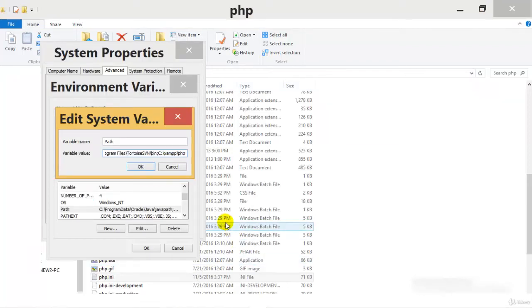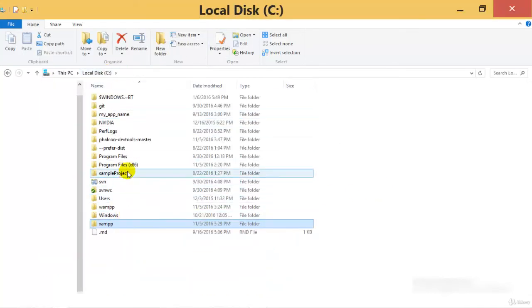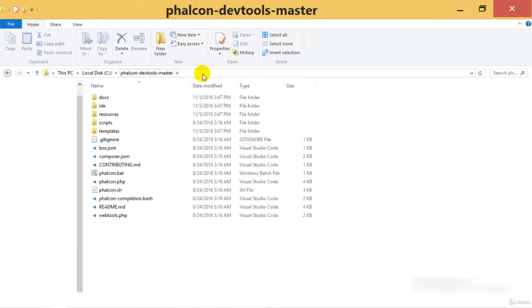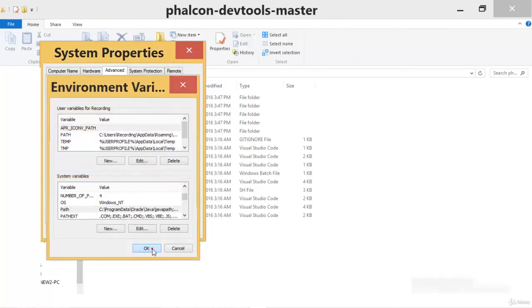Just add it. And another thing is adding the path for DevTools master, that is PHP Falcon's DevTools master. DevTools master, that is developer tools, provides access to scaffolding applications, creation of web applications, and many more. I have just added both of them and just say okay.